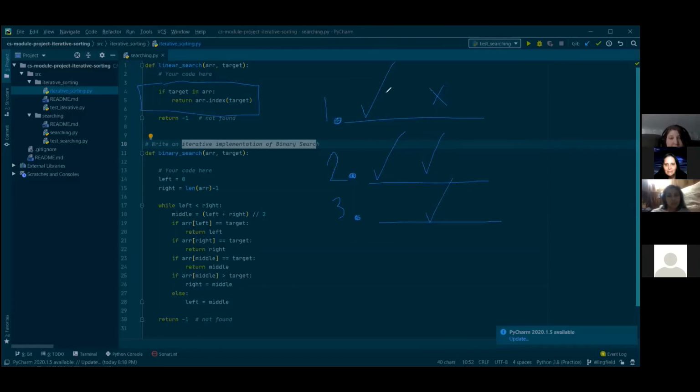A lot of people try to write the most optimized thing first, and they get hung up on something that honestly might not even be what they're trying to do. So get it to work first. It might be ugly. It might be the most time and space intensive thing, but you got it to work. That's step 1. Step 2 is make it fast, and then step 3 is clean it